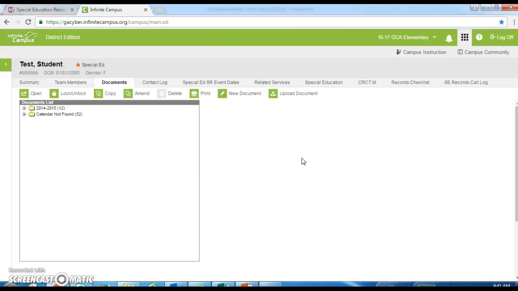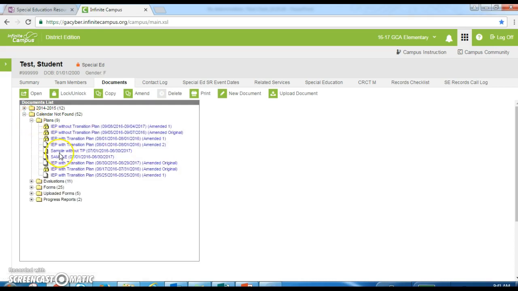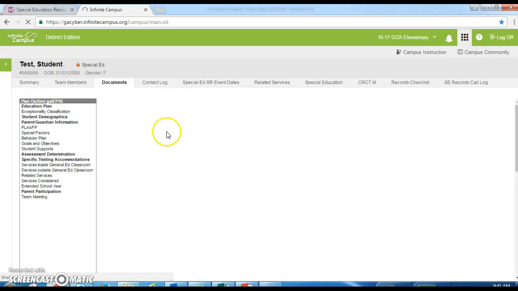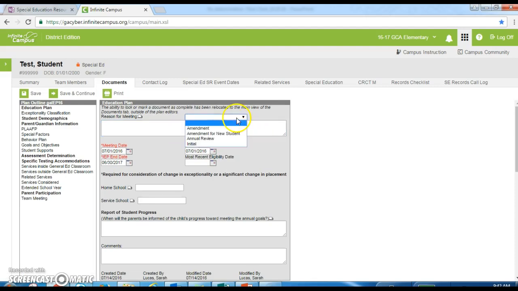The next step is you need to make sure if you do not have an annual review meeting scheduled immediately following that redetermination meeting where no testing was needed for that student, you still need to hold an IEP amendment. So there must be some form of IEP meeting held following that redetermination meeting where no testing is needed to continue eligibility. So say, for example, I'm holding an amendment meeting. I'm just going to choose amendment and be specific in your reason. Team agreed to continue eligibility,